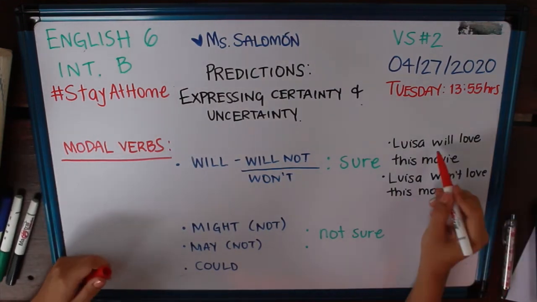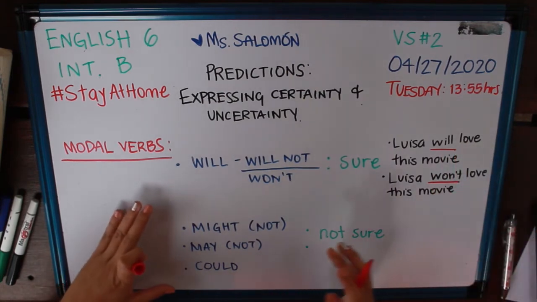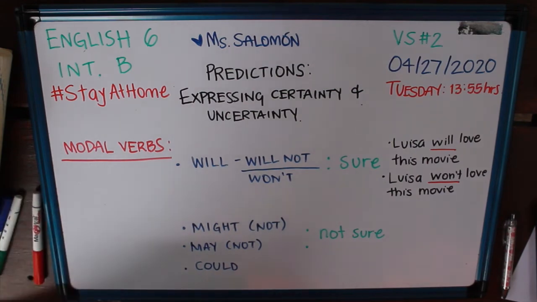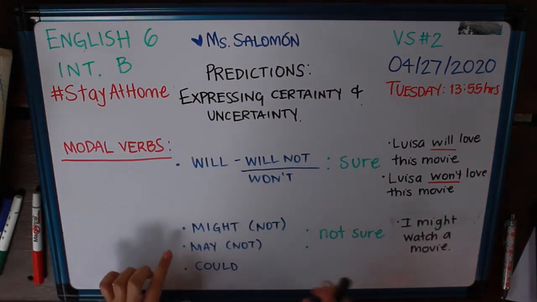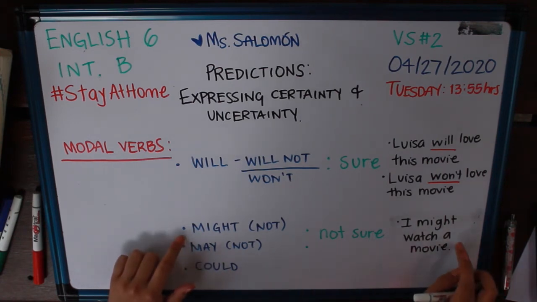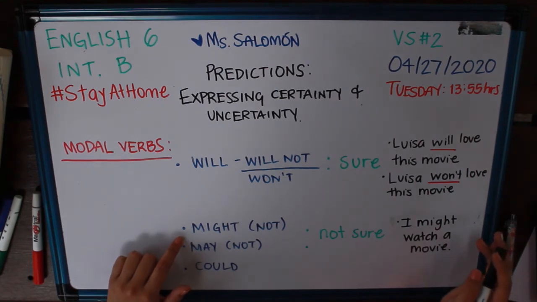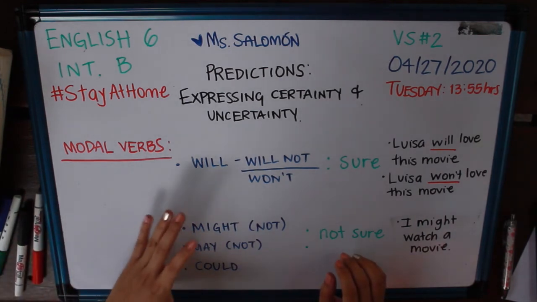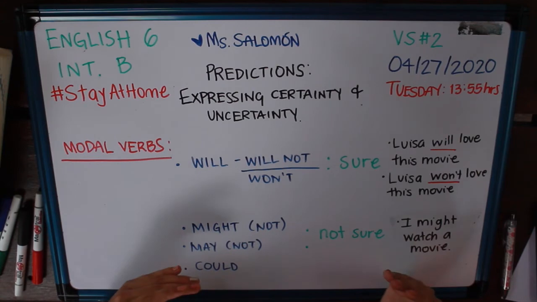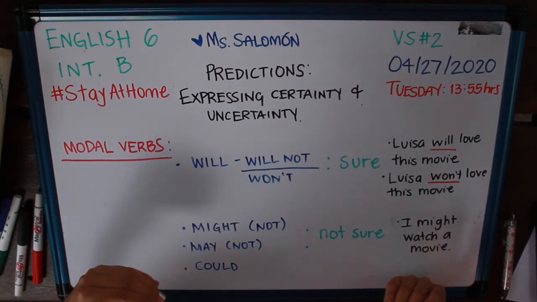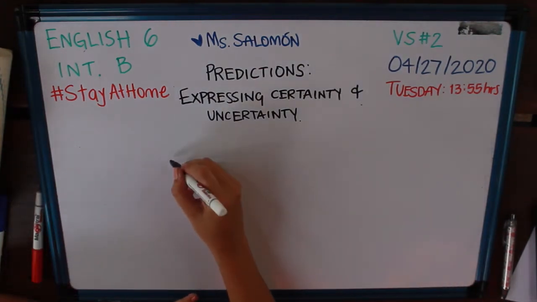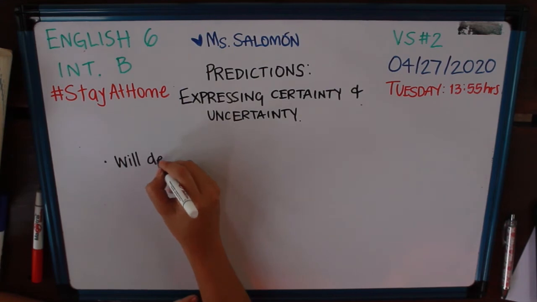Let's move on to these modal verbs. I could say the following. If I choose to use the modal verb might, I'm saying, in this example, that I am not sure if I am going to watch the movie. Now, we could use the modal verbs by themselves to express a certain degree of certainty or uncertainty. But we could also choose to use these modal verbs with an adverb. And then we would have different things. I could say, for example, that I will definitely